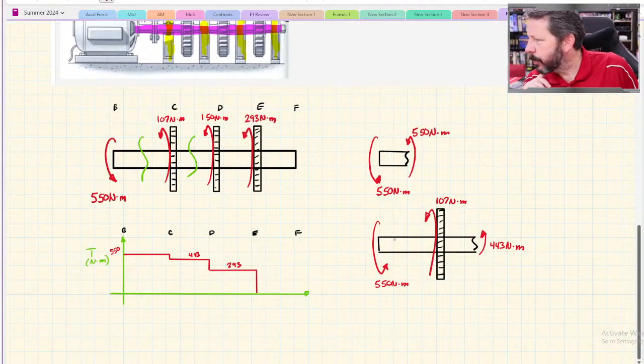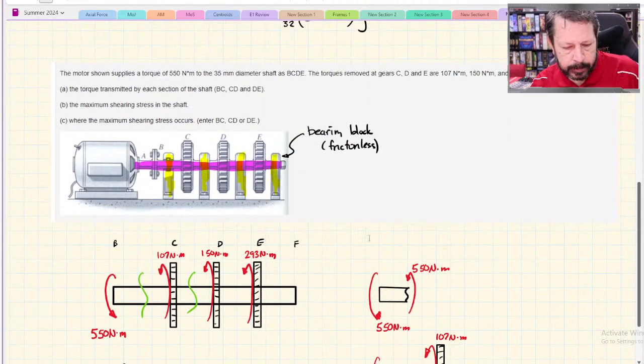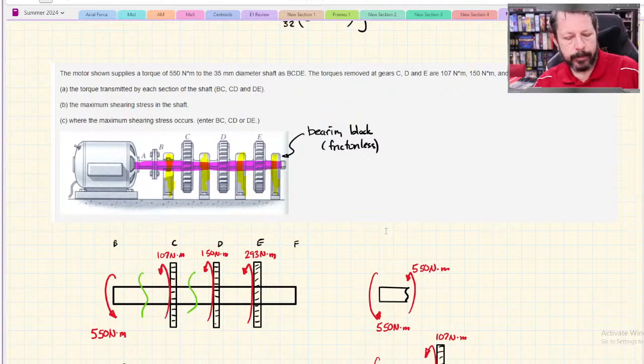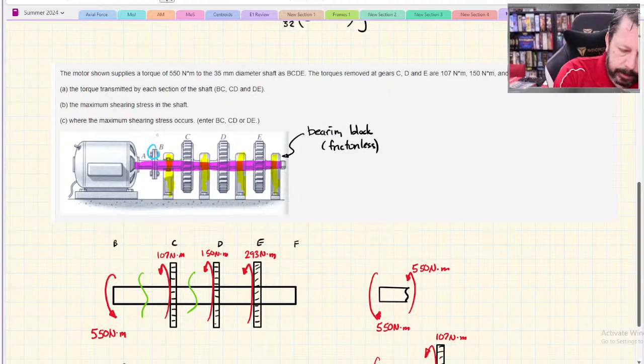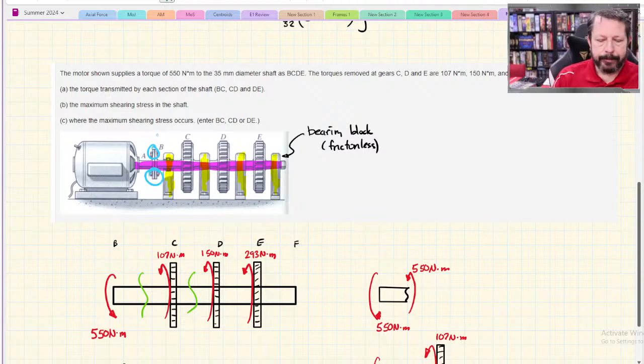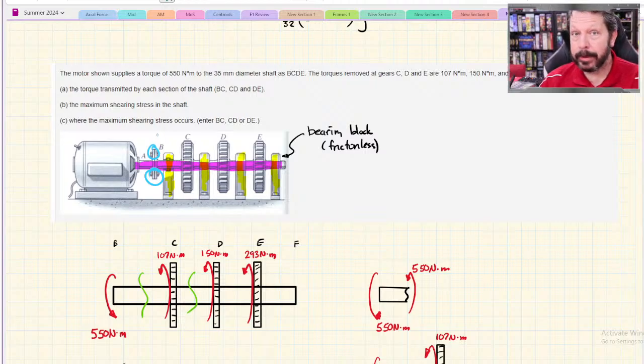What is the difference between B and A? Why does A not count as a torque? Let me see. Well, it does. The difference between A and B is just, in our picture, we've got this coupler here, and so it's just trying to give you a realistic type of, how would this really be built in the real world, sort of thing. So the section from A to B,